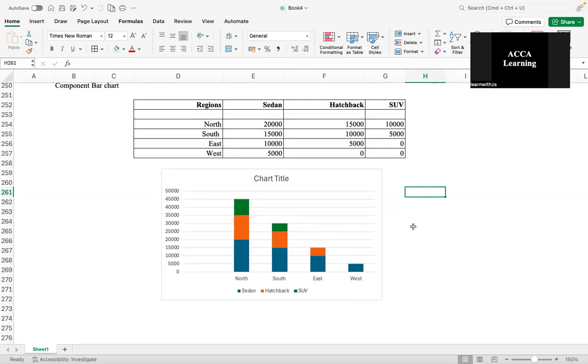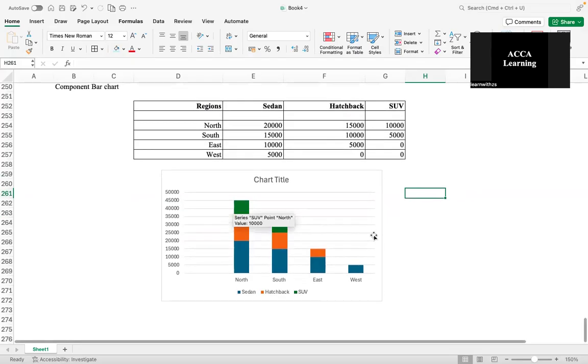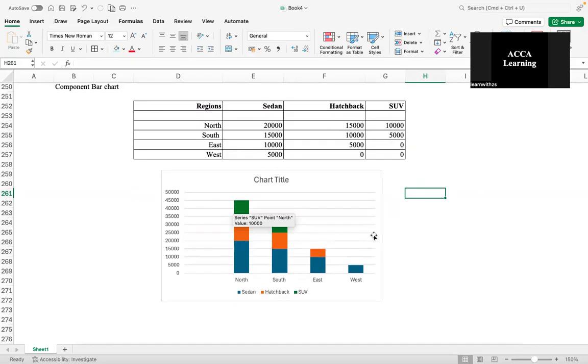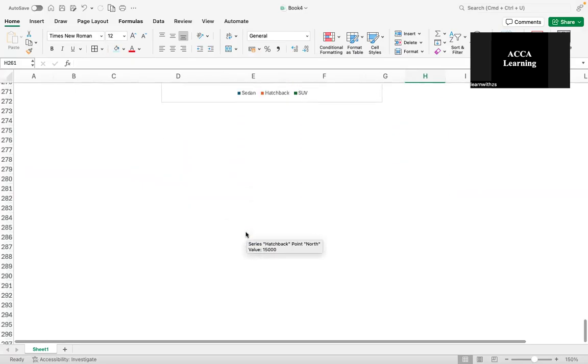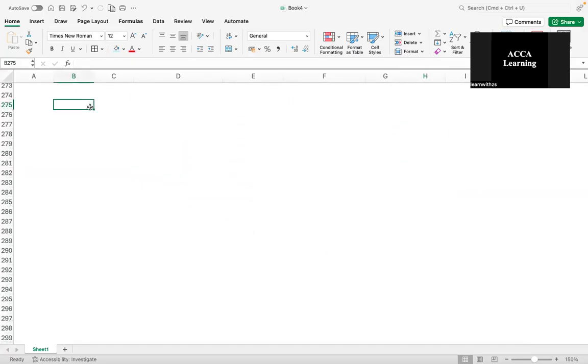I'm sure we've all done these type of charts in our 11th and 12th standard. This was just a small brush up, all right? Now, this was about component bar charts. Basically, they show sales data of 3 categories of cars in 4 different regions. Not too difficult. Now, when you talk about a percentage component bar chart,